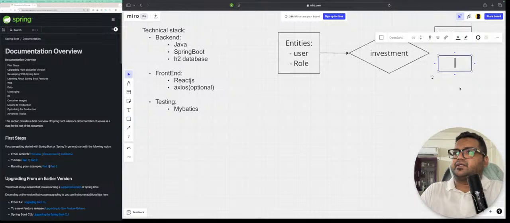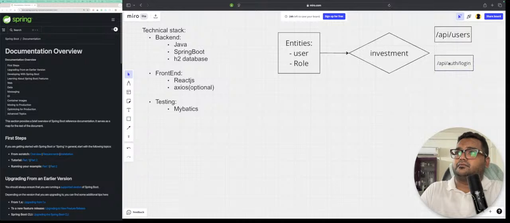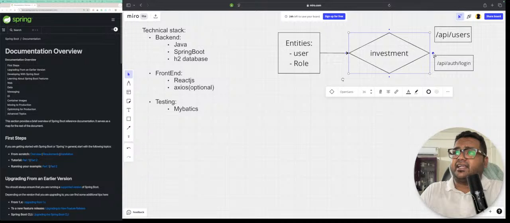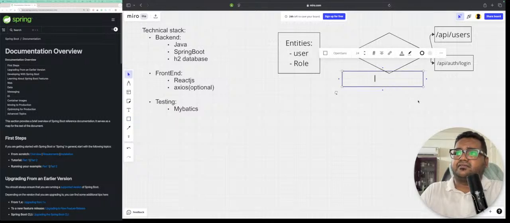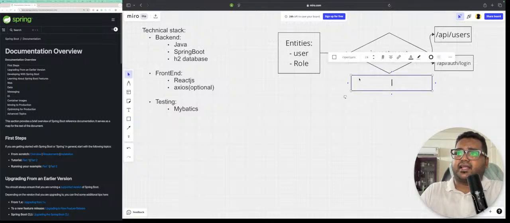So this will be the same thing here. There's slash API slash auth slash login. Okay, and the investment entities, like the investment class, will be having again some features that we can discuss. Okay, and those features are